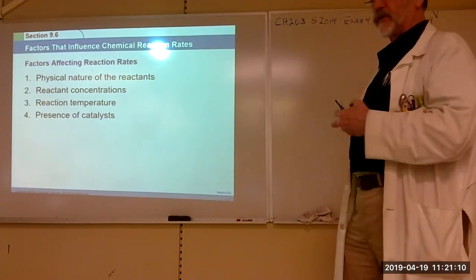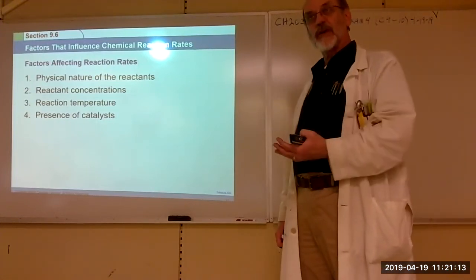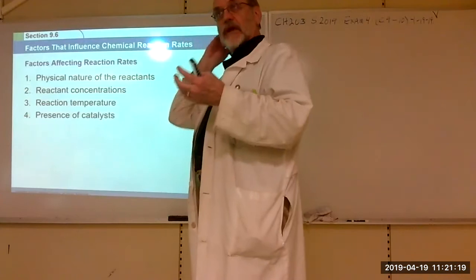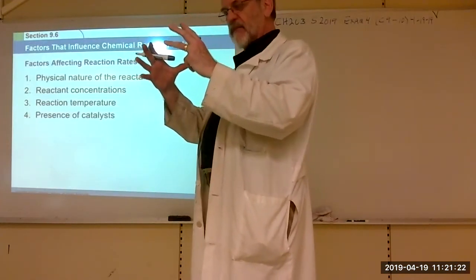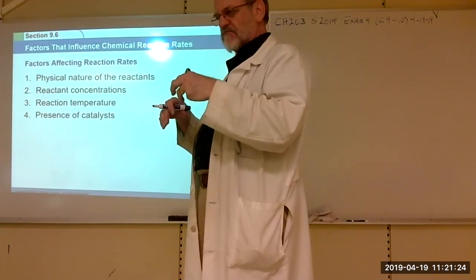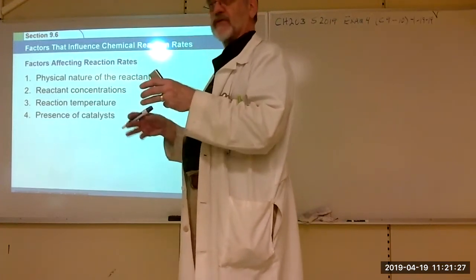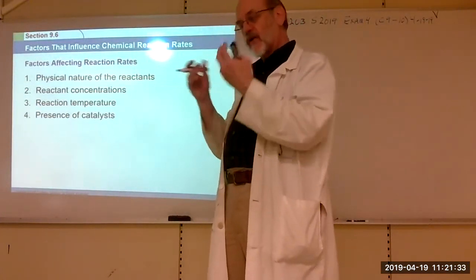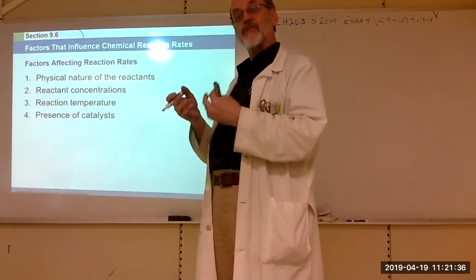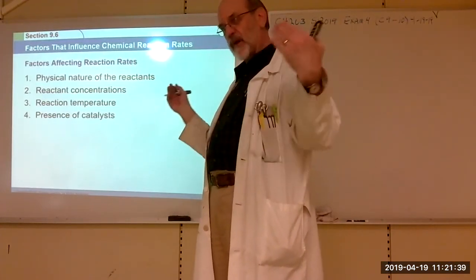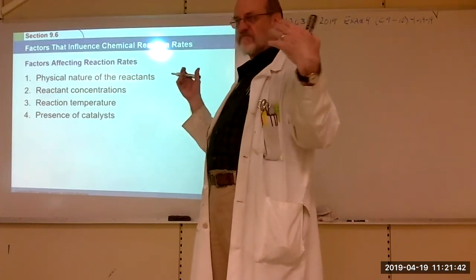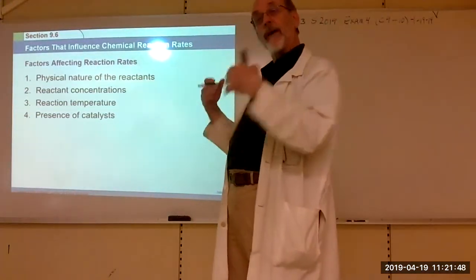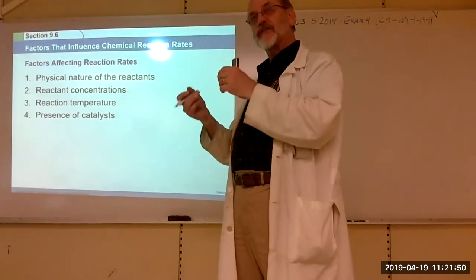The concentration of your reactants also will increase the reaction rate. In other words, if you have, say, 2 gases that are going to react, and they're in this bulb, but the pressure in the bulb is like 0.01 atmospheres, very low pressure, and that's combined for the 2 reactants in there, they're not going to encounter each other very often, right? So the reaction rate is going to be low. But if you start pumping those in there till you get maybe 100 atmospheres, that means you put more in there to make the pressure go up, then there's going to be more frequent collisions, reaction rate's going to go